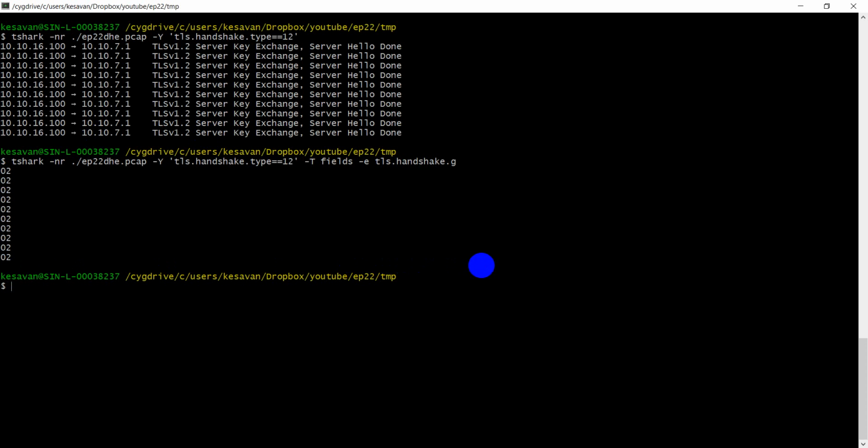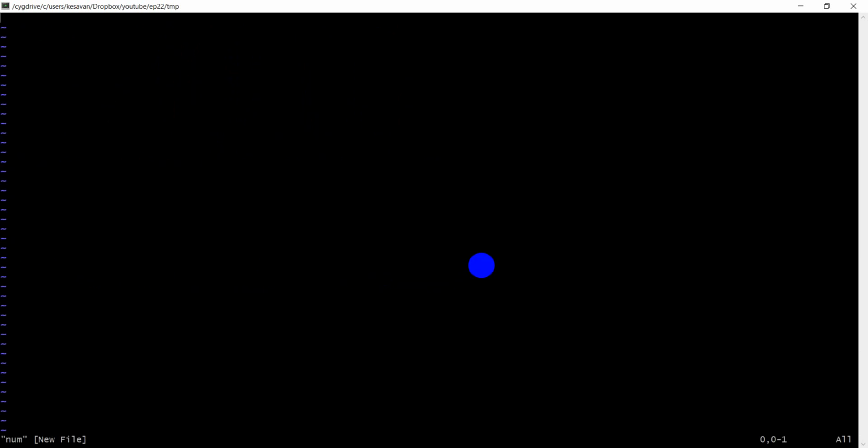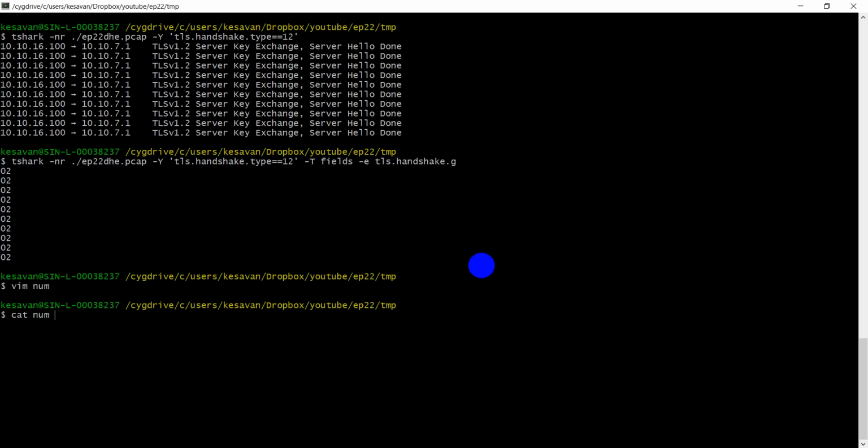So you can actually use the sort command. Sort means arrange in order, and then you can find the unique values. It's a Unix command. For example, I can create a number file. In Unix I am creating a number file. I just type random numbers: 10, 9, 8, 8, 2, 2, 2, 1, 1, 1, 3, 3, something like that. Now I can sort these numbers. I can use the sort command to sort them.